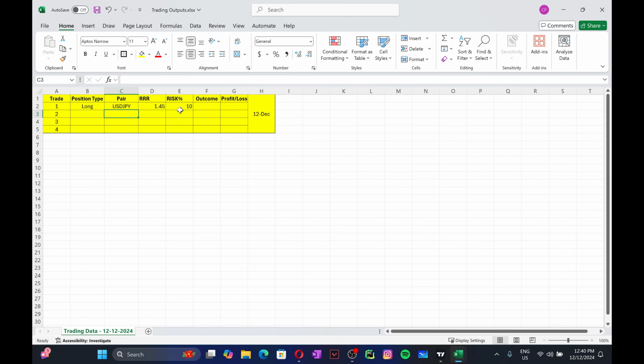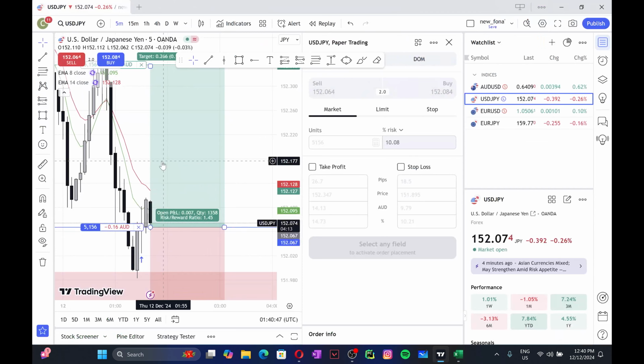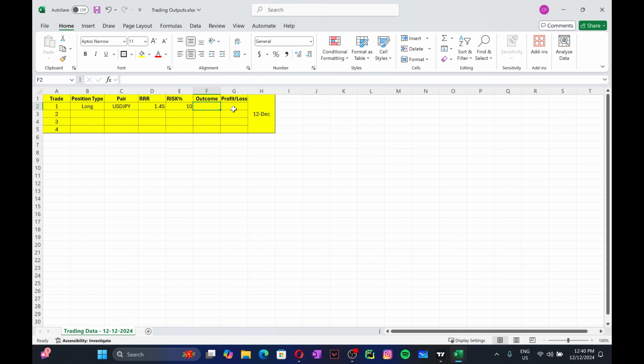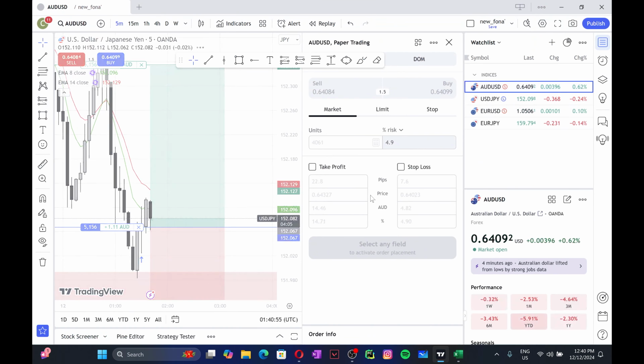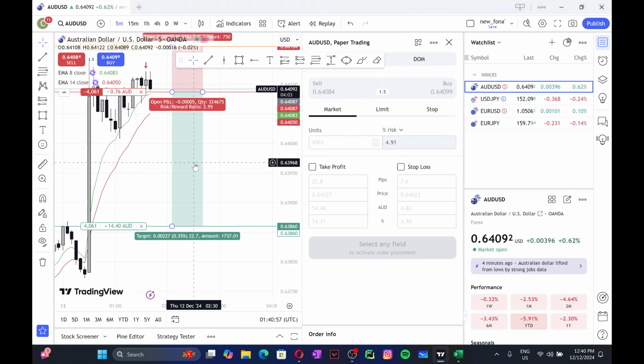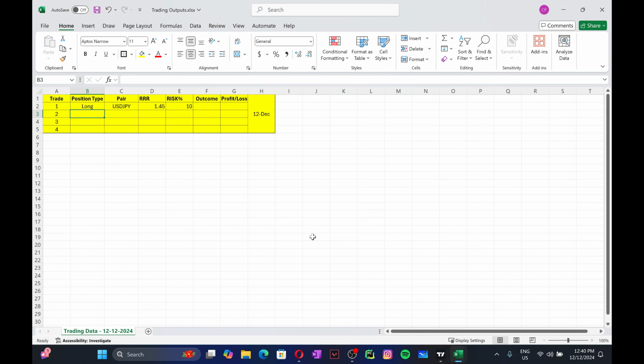Sorry, 1.45 risk to reward ratio and 10% risk. And we have our other trade, which is the AUD USD, which is a short position. So it's a short position, and the other one's a short as well, I believe. AUD USD, AUD USD,